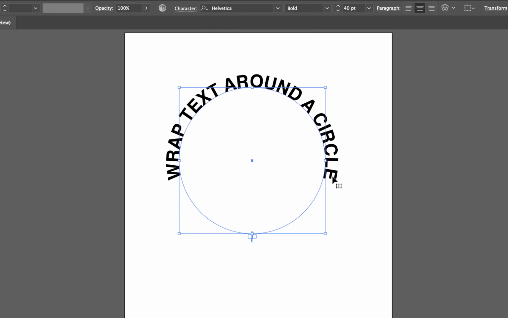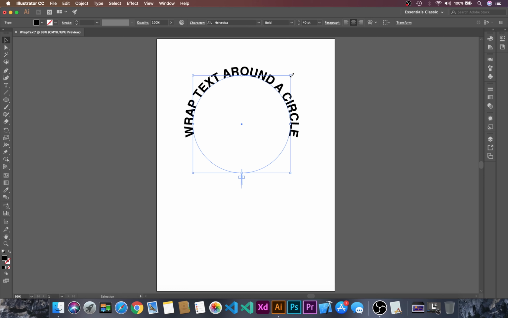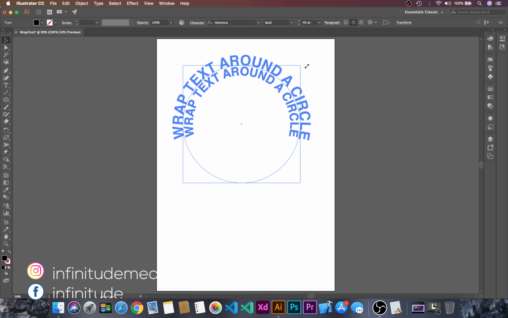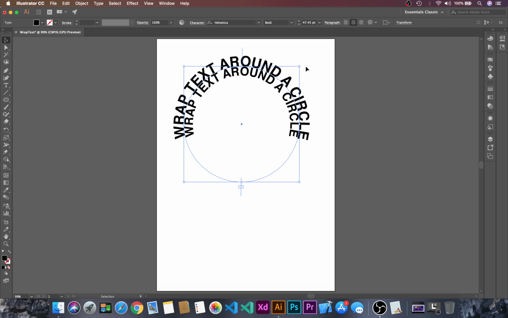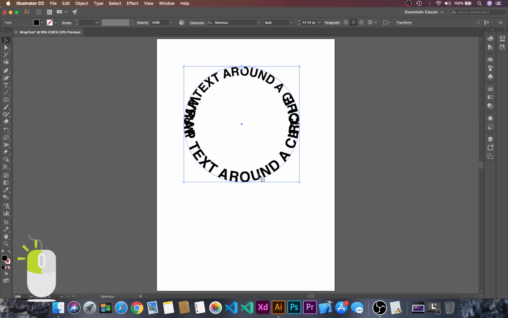and then I will just select this and then copy, Ctrl C and then Ctrl F, or you can just go over here and then paste in front. I'll just Alt and then Shift and just make it bigger, and then we will just click this and then place it inside. Now what I will do is I will just select this path and choose the eyedropper tool